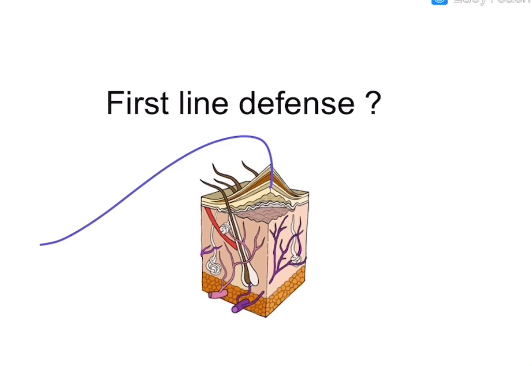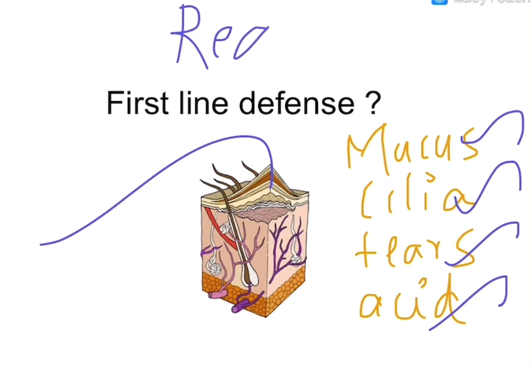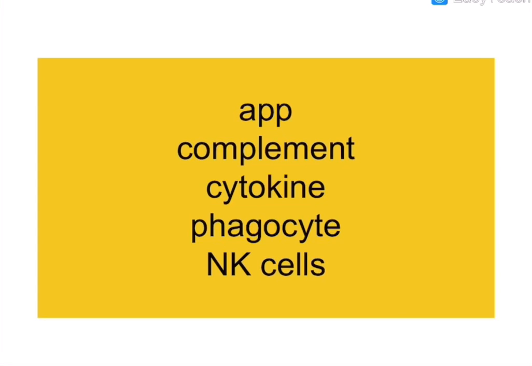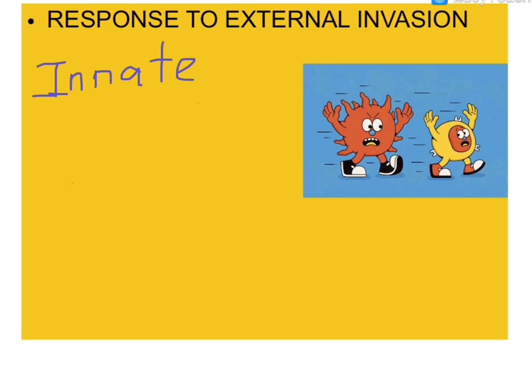Yeah, it is the skin. This also includes your mucus, cilia, and the respiratory tract, and the tears that contain lysozyme, and acid in your stomach. So, they're always ready for defense, and anything that has to enter your body has to cross this barrier. In addition to this first line of defense, the acute phase proteins, complement system, cytokines, phagocytes, and NK cells are additional layers of protection. The innate immunity is present from birth